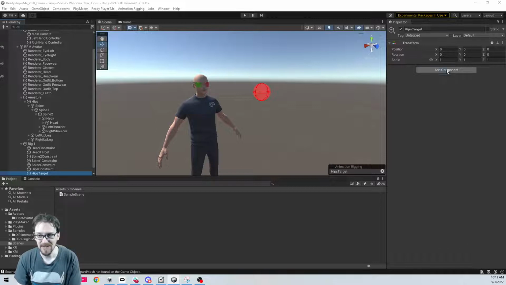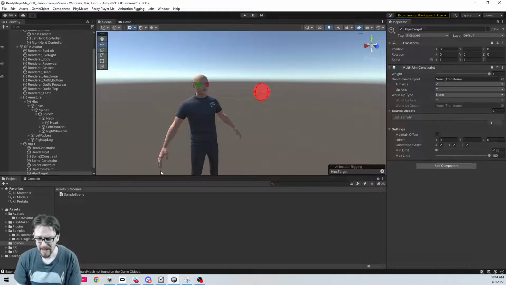All right, so on our hips target, we are going to do a multi-aim constraint. What we are now constraining is our hips target. Our source object is going to be our head target. And our roll up type, I set this for scene up. I don't know if you really need to. But on the hips target, we do only want to constrain the Y. You might want to set some limitations here.